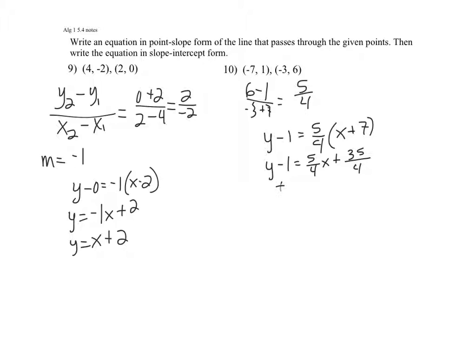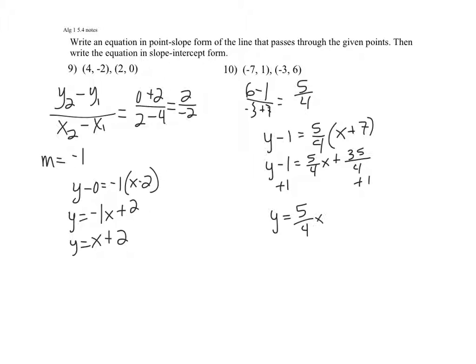So I need to add 1 to both sides because I want to have it in slope-intercept form, which means I need to solve for y. I get y all by itself, just like we did in number 9. So I'm going to add 1 to both sides of my equation, and when I do that, I'm going to need to create a common denominator. Well, 1 is equal to 4/4, so I've got